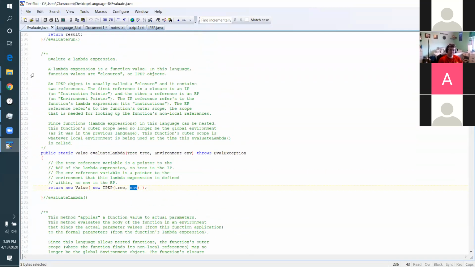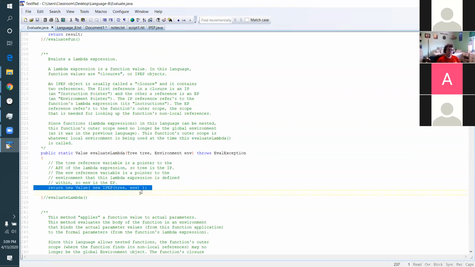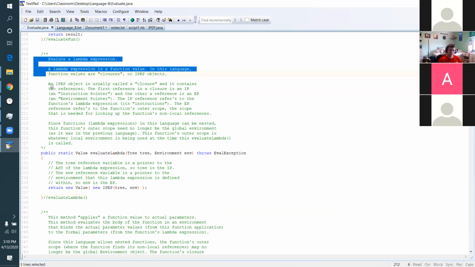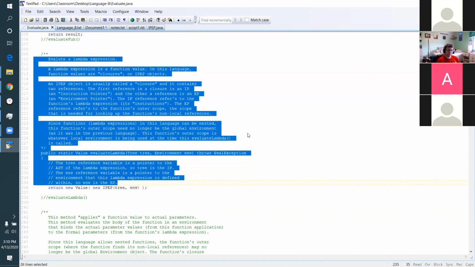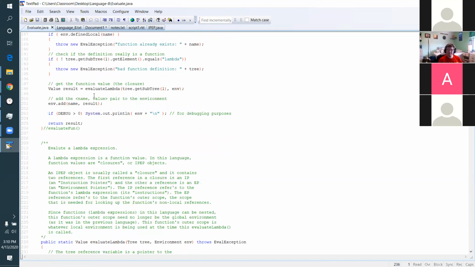And notice that I've got 20 lines of explanation for one line of code. Read the explanation, think about it. It's not a joke to say that this one line of code needs that much explanation. It probably needs more than that. This is just a summary of the idea. That one line of code needs all that kind of explanation. Okay, all right. So now, in terms of the evaluator,